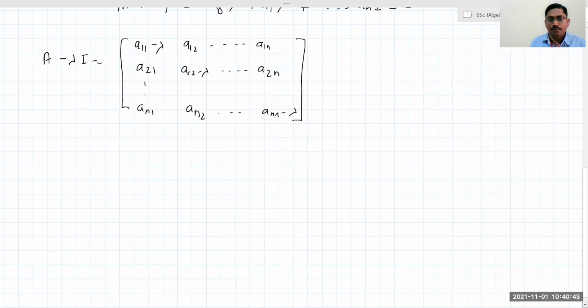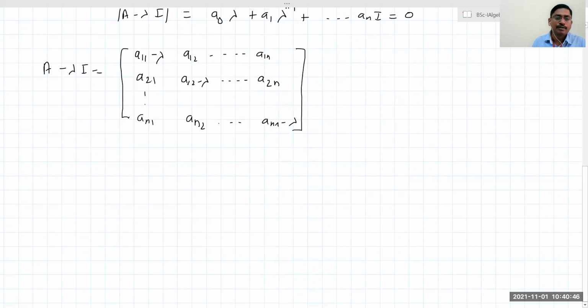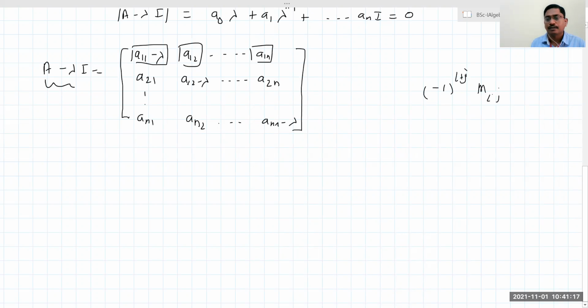Now you just observe that when you calculate the adjoint of this matrix, you need to calculate the minor of this entry first, the minor of this entry, and the minor of all these n square entries. There are a total of n into n, that is n square entries. Find the minor of each entry, then write the minor matrix. Then each entry is multiplied by minus 1 to the power i plus j. Suppose the 2, 3 position, that means minus 1 to the power 2 plus 3. This is your minor matrix Mij. And what is the cofactor? Cofactor is just the transpose of this minor.